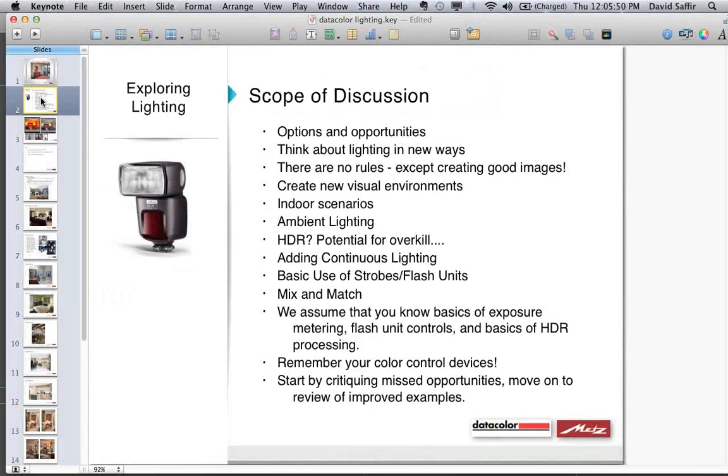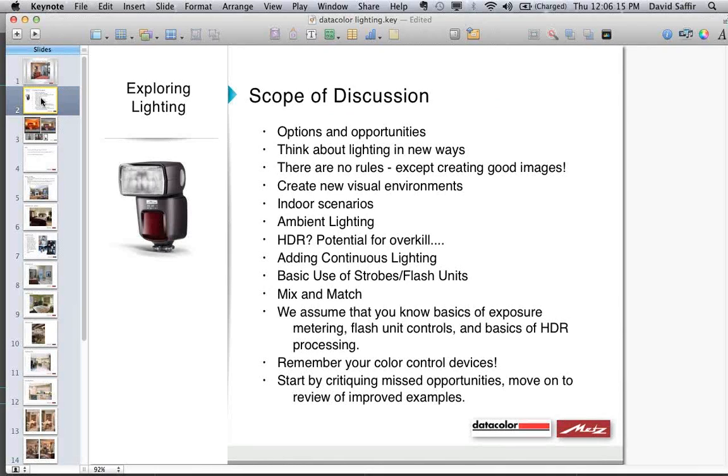So talking about the scope of work, the first thing I do want to do, though, is talk a little bit about METS, because it's one of my favorite lighting companies. They make really robust portable lighting units for the field, all the way from what we see right here, which I think is the METS 44, which is a mid-sized on-camera or can be slaved flash unit that has autofocus